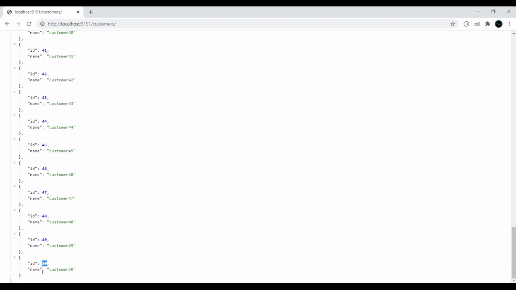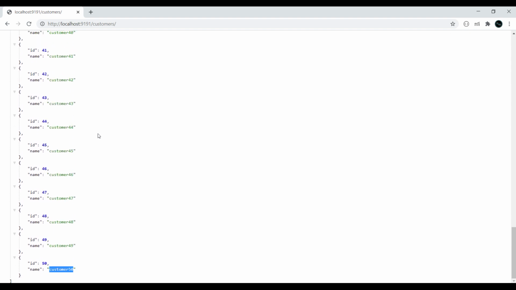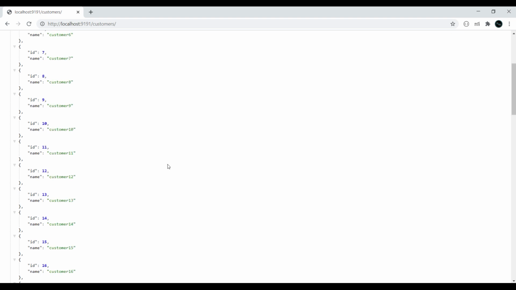ID is the index number and name is appended with the index. So we are just getting 50 records, which is not huge data, so I could not show any difference between our traditional approach and reactive programming. So what I will do, I will try to sleep my execution thread for 1 second. It will return one record, then it will sleep for 1 second, then again it will return another record. If we have millions or thousands of records, we can easily catch what is synchronous and blocking in this traditional approach. So to make it visible, I'm just going to sleep my thread for 1 second for each